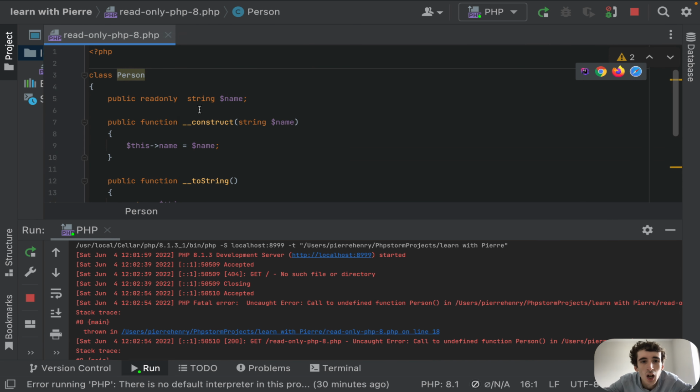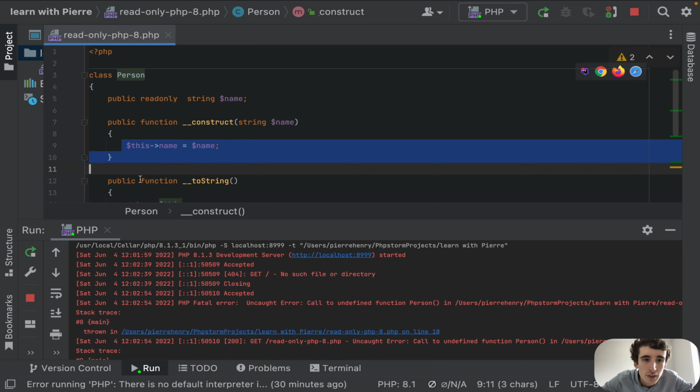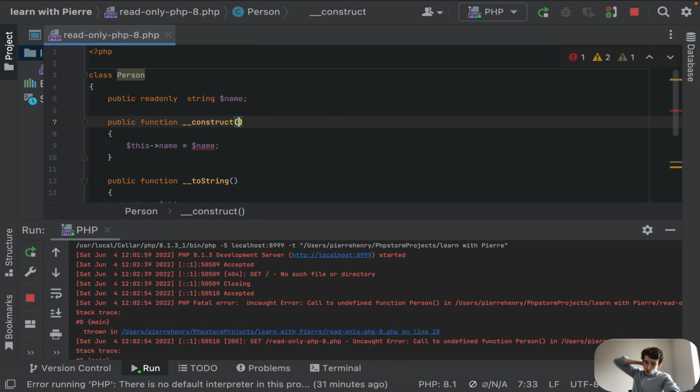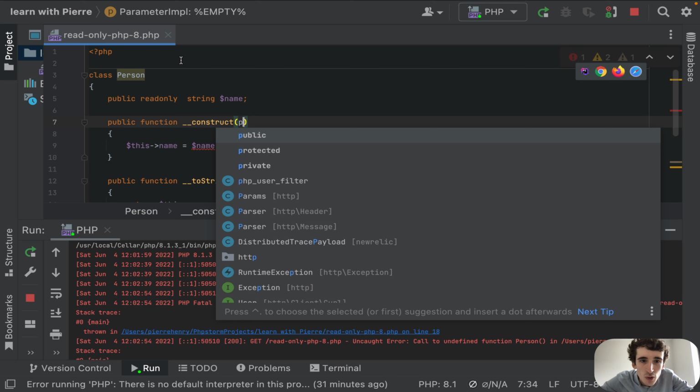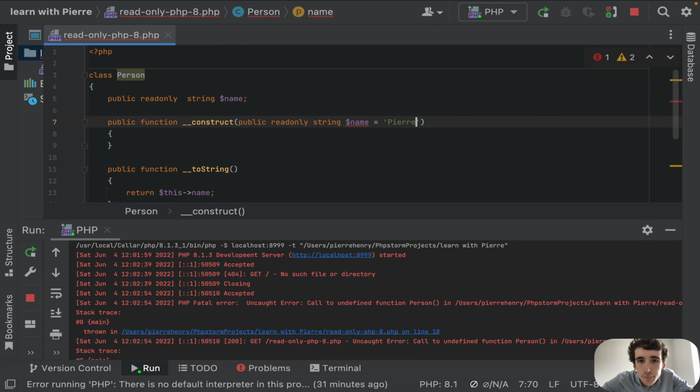It's really good. Since PHP 8.0, you also have the famous constructor property promotion. So constructor property promotion, what does it do? Instead of initializing the properties inside of the body of the constructor, you just do private or public, here public, because the constructor property promotion also supports the readonly keyword. So you can do public readonly. However, readonly is only available since PHP 8.1, and readonly and then string name, and here you would have done equals Pierre Henry,